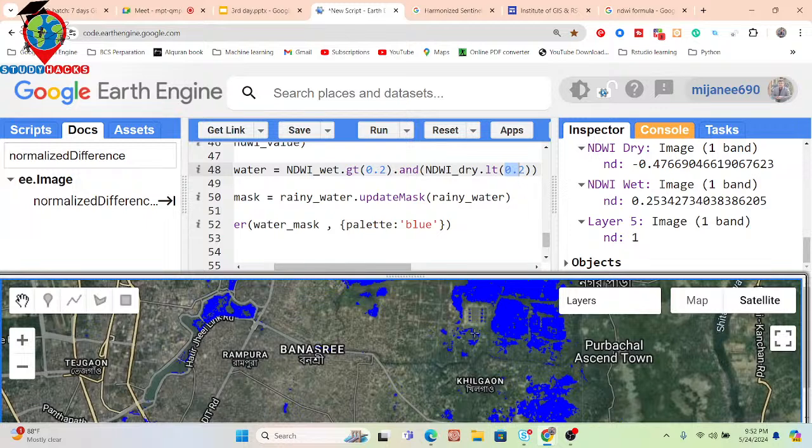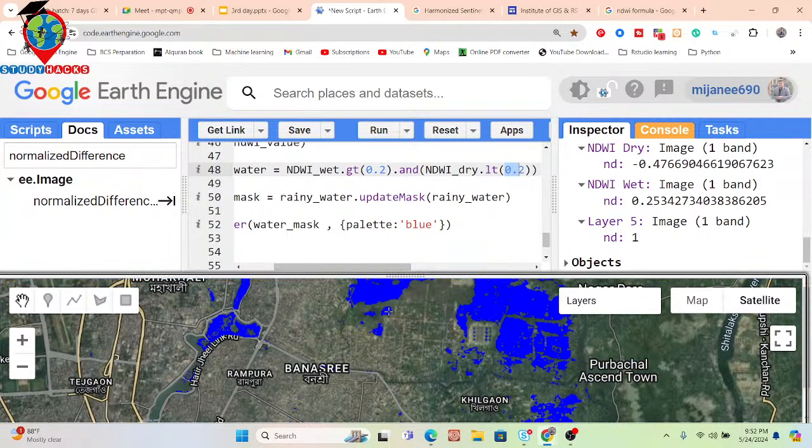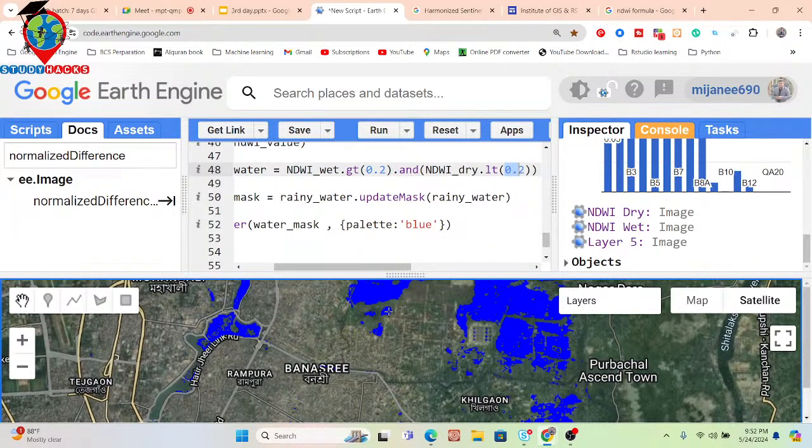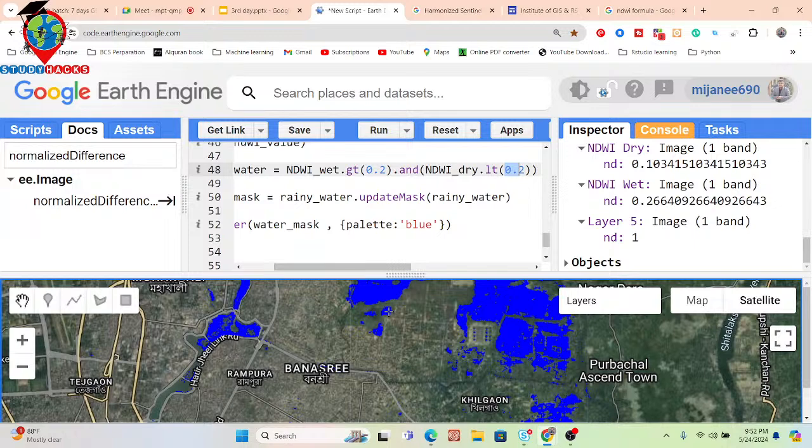Suppose I click on any other water body. I just click here. Every time you get the result from the wet season greater than 0.2 and from the dry season less than 0.2. Here you can see 0.26, and we get 0.1 from NDWI dry, which is less than 0.2.